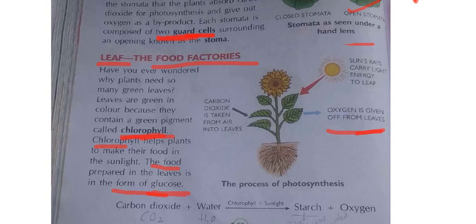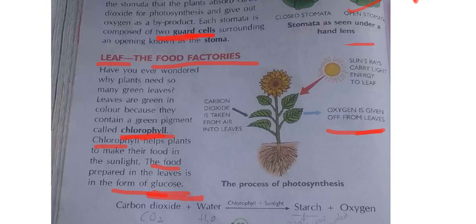Okay, leaves are taking the carbon dioxide, and from the leaves oxygen is coming outside or going inside? Coming outside. That means the plant is giving the waste outside as the oxygen, and we breathe that oxygen and live. Yes or no? We will take the oxygen from the plants and we give the carbon dioxide to the plants. And how will this food be there in the leaves? In the form of glucose. Yes or no?